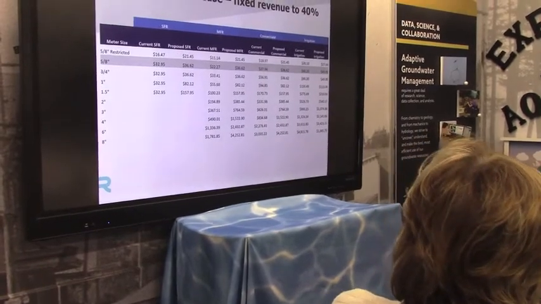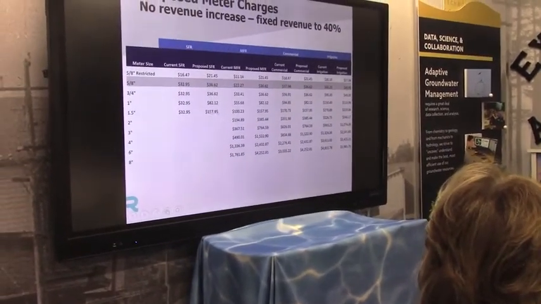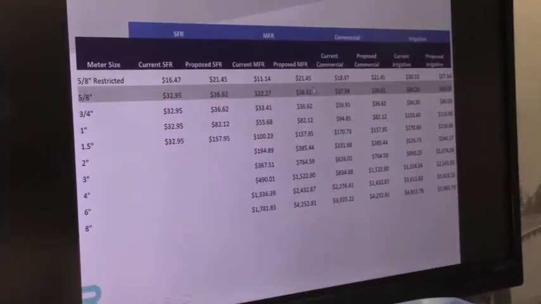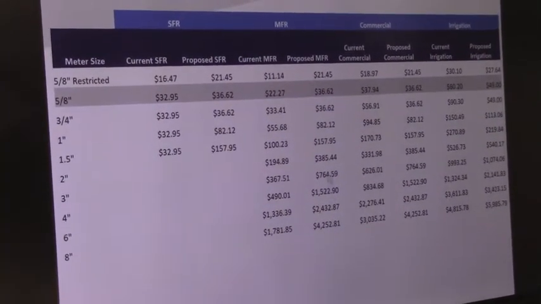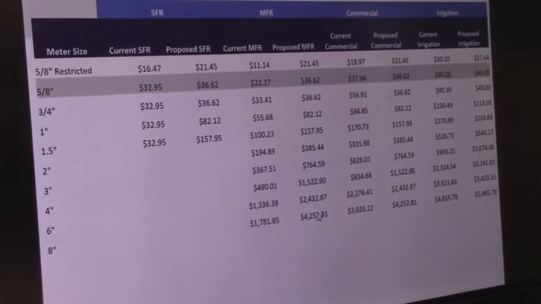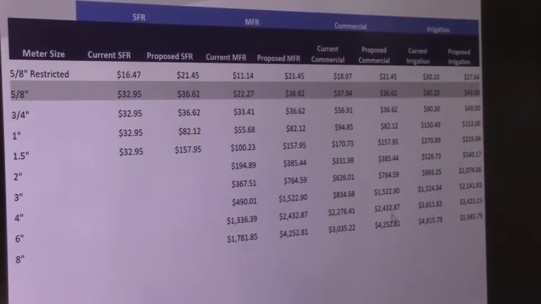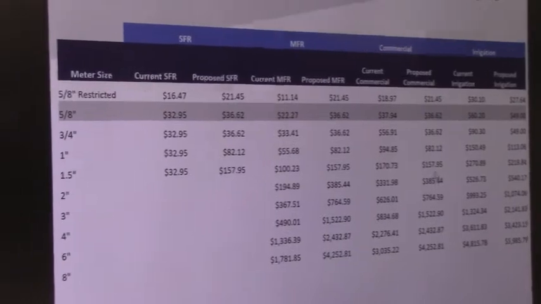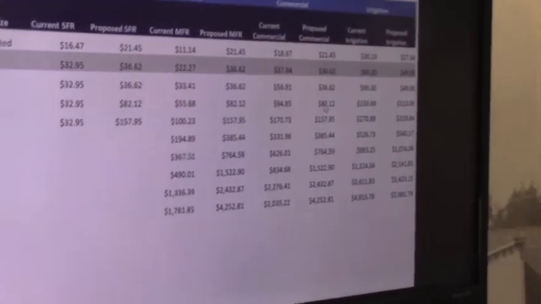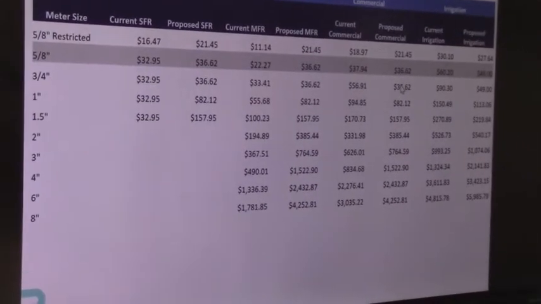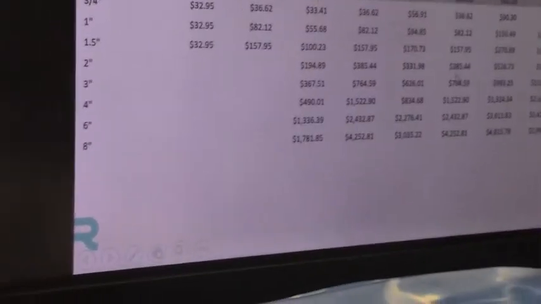So the differences you can see are those differences that I showed you here. Multifamily service charges will be coming up a little bit. As you get to the larger meters, they'll be coming up a lot. Commercial's an interesting entity. We discovered that some of the service charges are increasing, and then all of a sudden, when you get to a 4-inch meter, are they all increasing? No. One of them in here was decreasing. That one's decreasing, that one's decreasing, and these are decreasing. But when you get up to the larger meters, they're increasing.